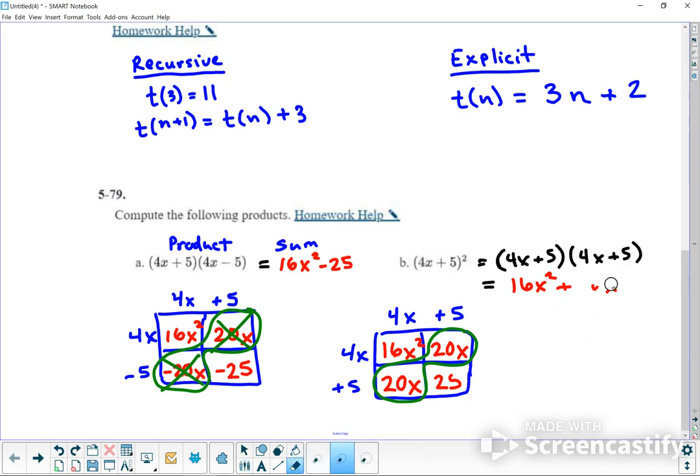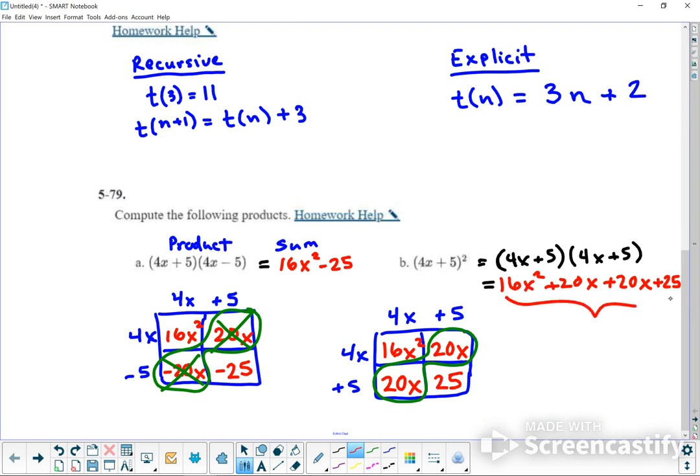So here, let's actually do that. If you don't know that, it's okay, you can put plus 20x and then plus another 20x, and then finally you have plus 25. Okay, but a better answer is if you make it 16x squared plus 40x, because 20x